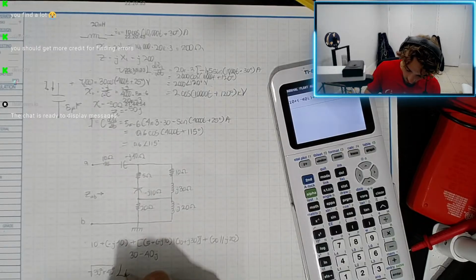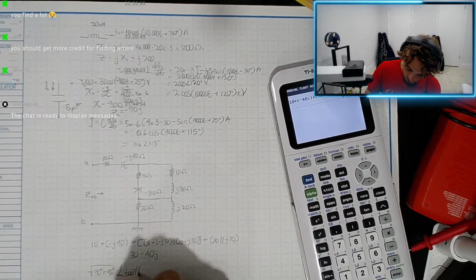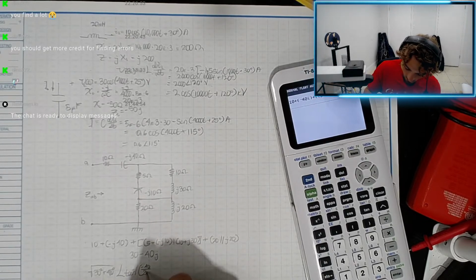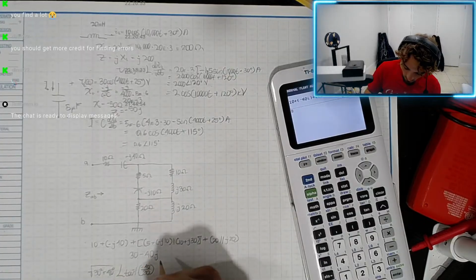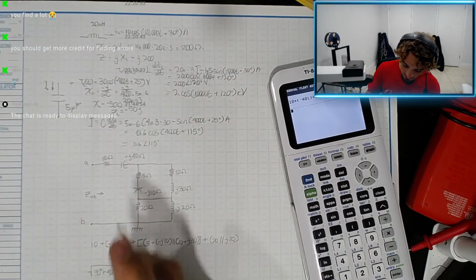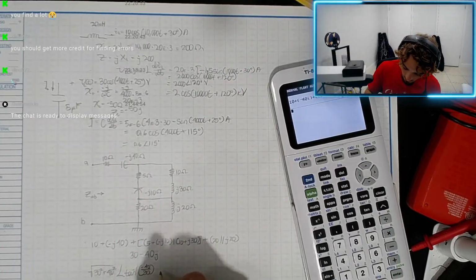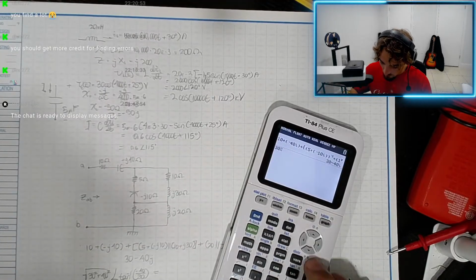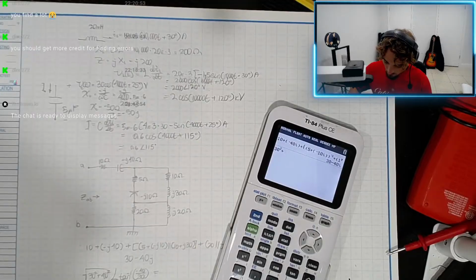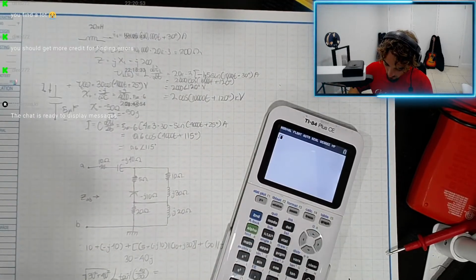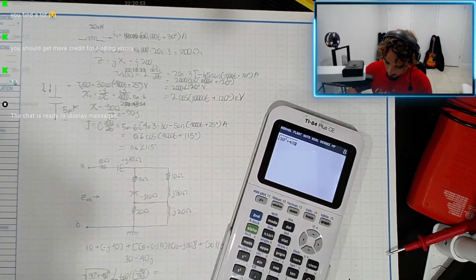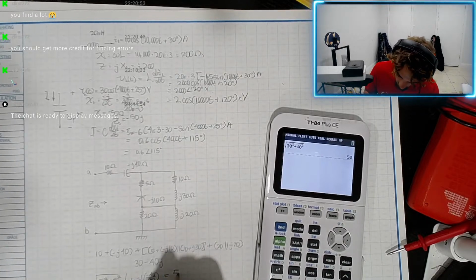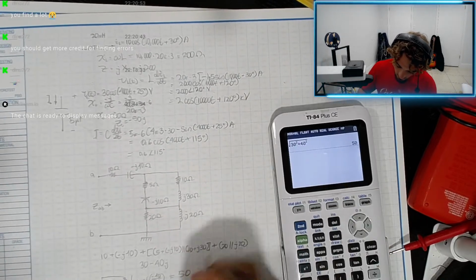Angle: inverse tangent of negative 40 divided by 30. Is that degrees? I meant squared. Okay. Equals 50. That's correct. Okay, 50 angle